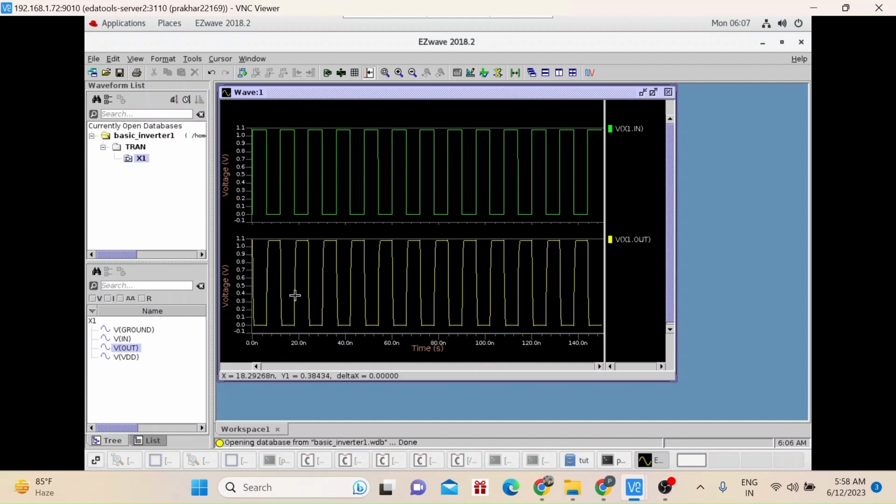Now I want to tell you what fall equal to 1 and rise equal to 1 mean. You can see the output is falling, so this is the fall one. When the output is rising, this is the rise one. When the output is again falling, this is the fall 2. When the output is again rising, then it is rise 2. Similarly, this is the input fall 1, input rise 1, input fall 1, again input rise 2, input fall 2. So I think this part is also done. Now only the layout is left.